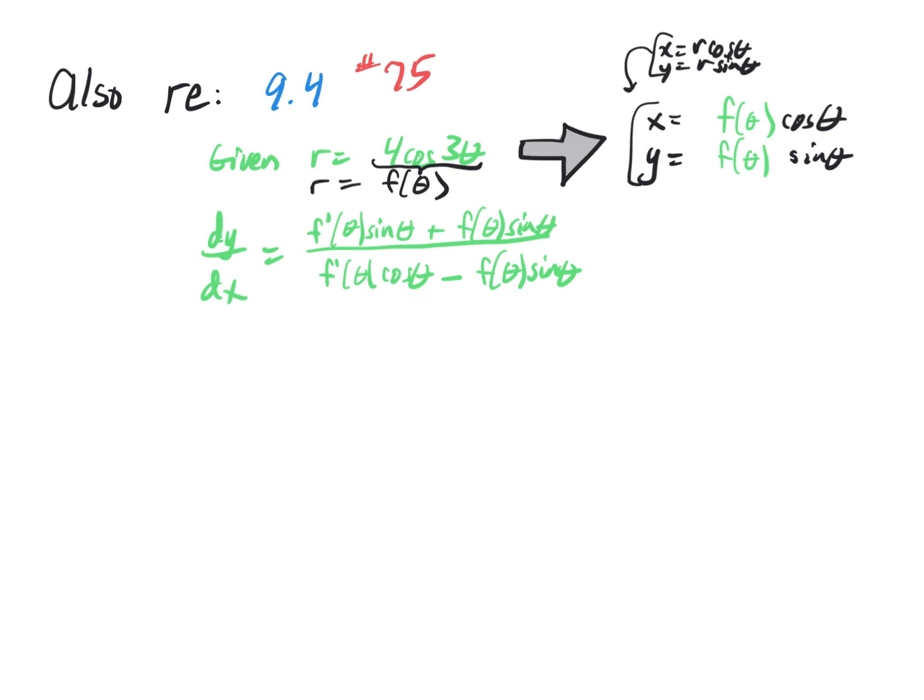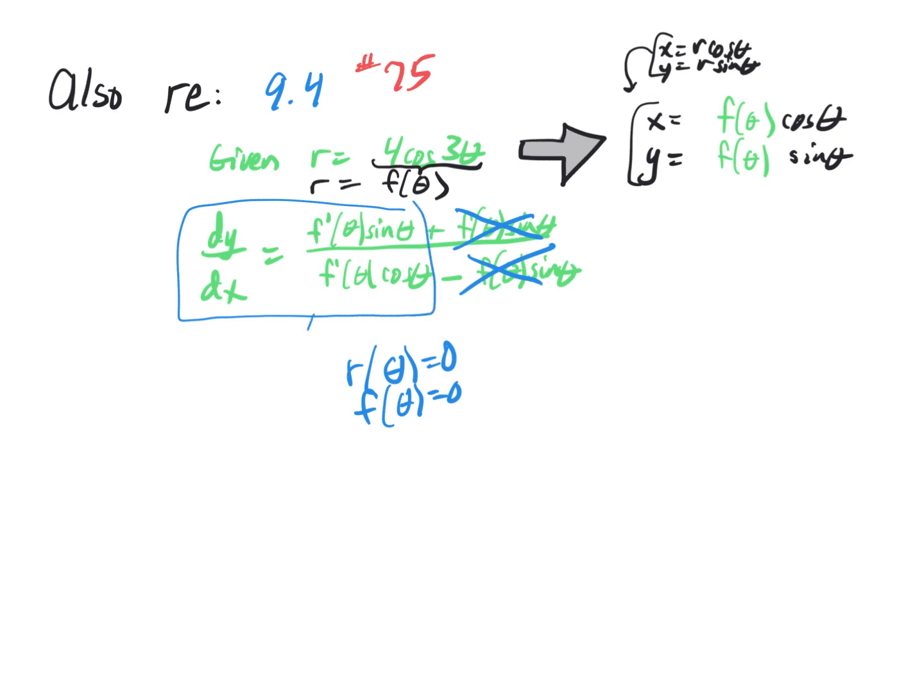If we are going through the pole, then we know that r of some theta value is equal to 0 because you're at the pole. That means f of that theta value will be 0, which means this will be 0 and this will be 0. So then the slope is just equal to this part. Well, the f primes cancel out. So the dy/dx is equal to just sine over cosine, which is tangent of that theta,